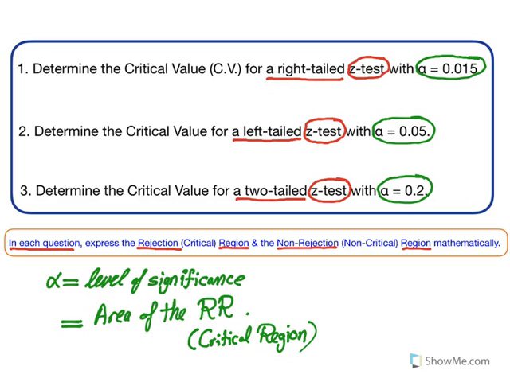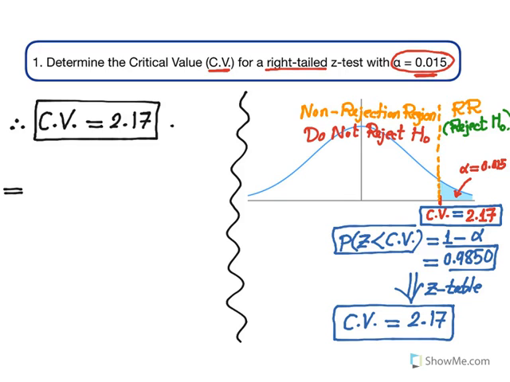That solves the question already, of course, but I added to you, if you remember, this part where I said express the rejection region and the non-rejection region mathematically. So this is what I'm solving now. So you can say, because we found the critical value, now our rejection region is, and now you look, where is the rejection region? I'm going to draw it in black. You see, it's this here. This is the rejection region, okay? Which is, of course, you get it from the x-axis. So you look at all the values that are bigger than the critical value in this case. So the rejection region is Z bigger than